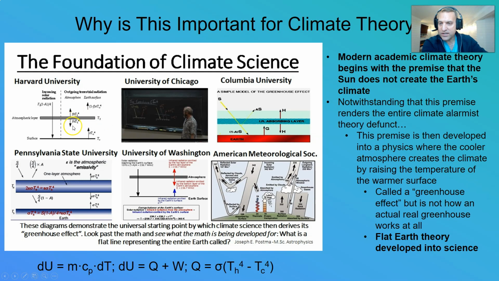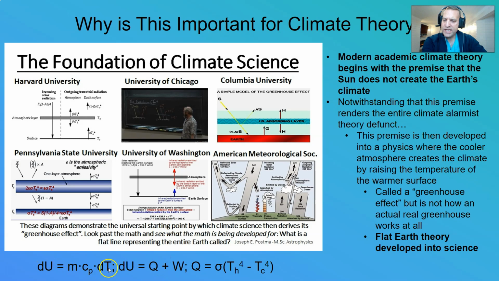What they have done here is they take this downward facing arrow, which they say is the emission from the cooler object, right here. So that would be the Tc to the power of fourth, the temperature of the cool object to the power of fourth. They've taken that downward facing arrow, which is the energy from the cooled object, and they say that it increases the temperature of the surface to such a level that we then experience the climate that we do, because the sun, which they figure cannot heat the Earth or cannot create the climate, can't do it. And so now that we've gone over the equations, we can understand how ridiculous this is.